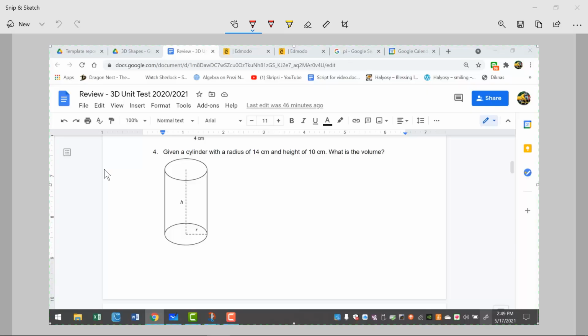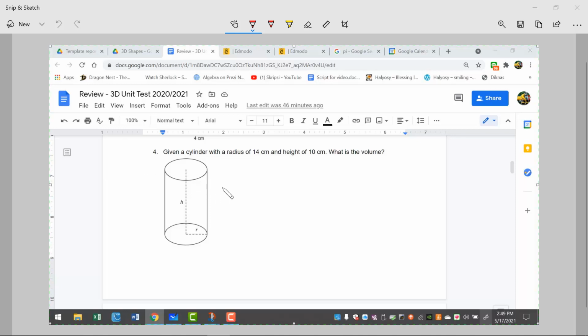Number 4. Given a cylinder with a radius of 14 centimeter and a height of 10 centimeter, what is the volume? Okay, again, it's the same base thing because we know that the cylinder actually is a prism, right? Why? Because the base part and the top part are the same shape and the same size,